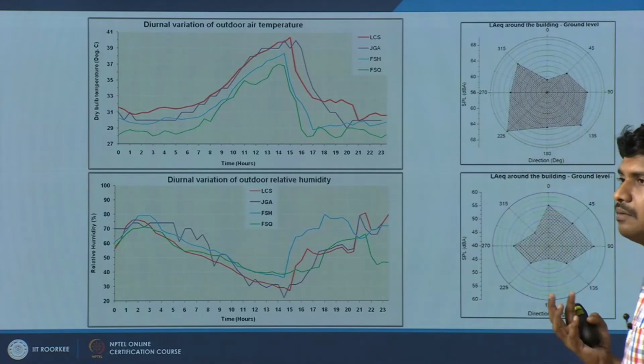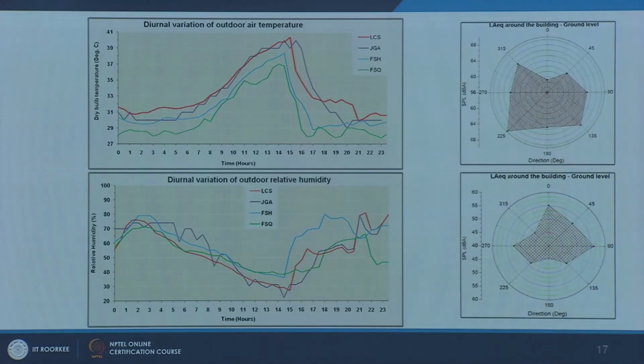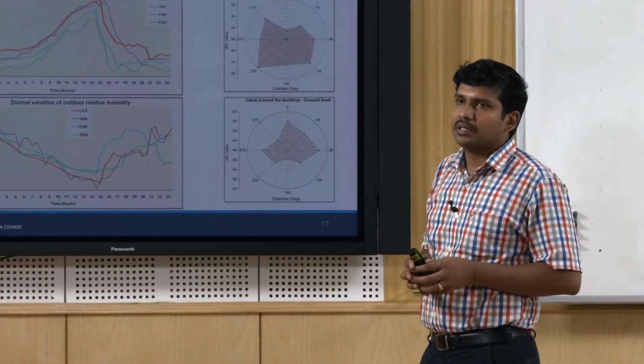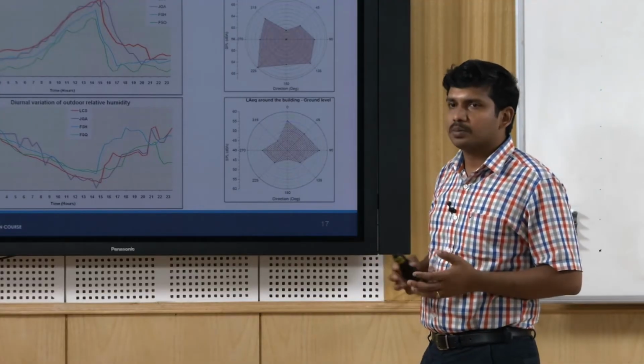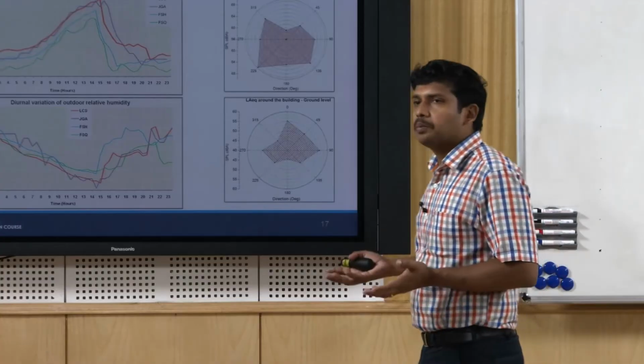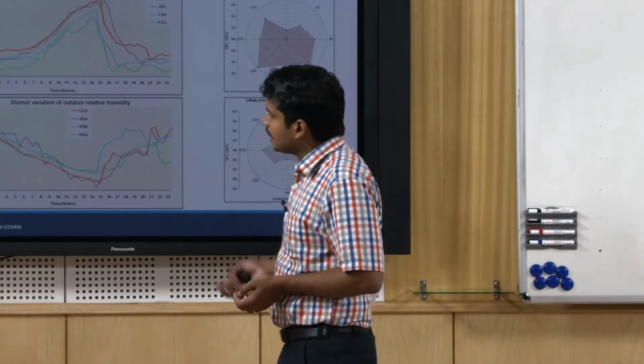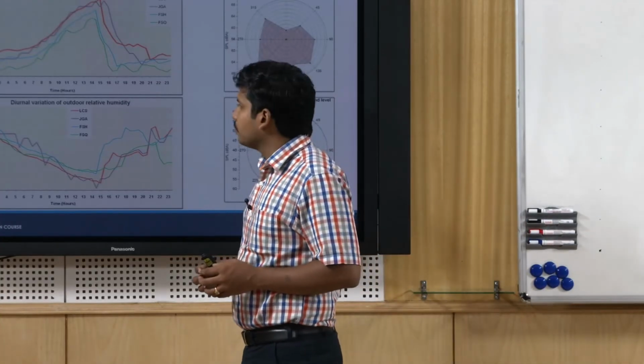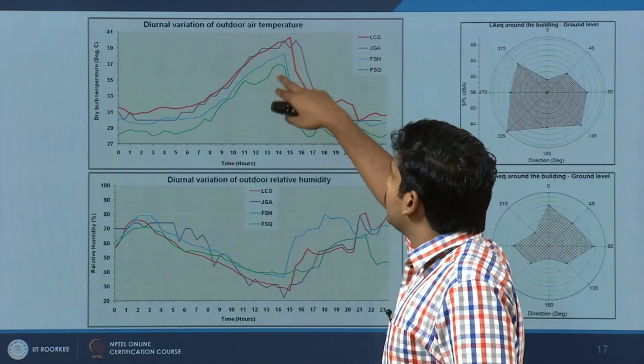Why I have put noise level is, one was in a major traffic intersection, people were not able to use their balconies or windows because it was too noisy, as well as air pollution was pretty high. The other one was in a quieter environment. Temperatures were also considerably different.